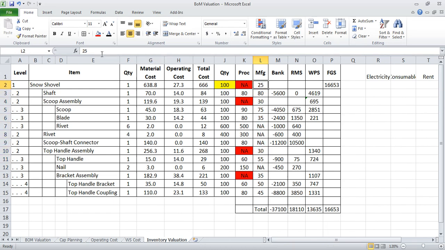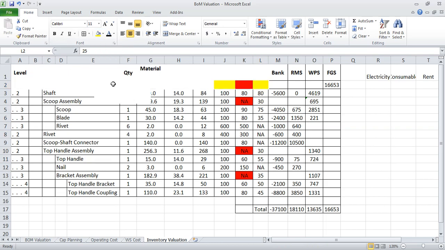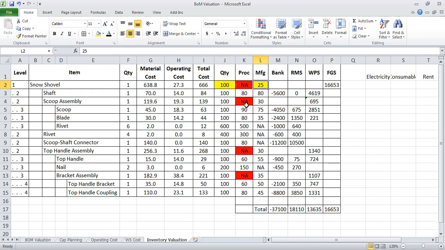Let's pay attention to this 25 numbers. So for that, to make one snow shovel, I need one number of shaft, one number of scoop assembly, 4 rivets, one scoop shaft connector, and one top handle assembly, which is being highlighted here.